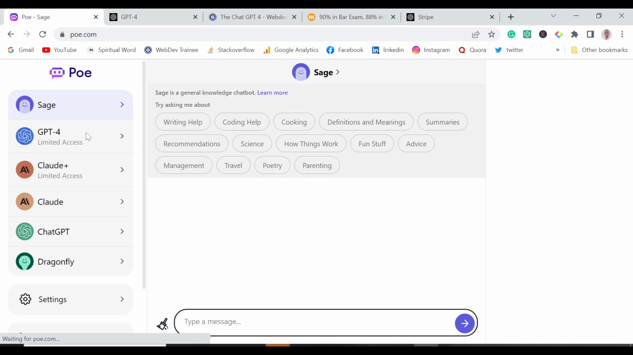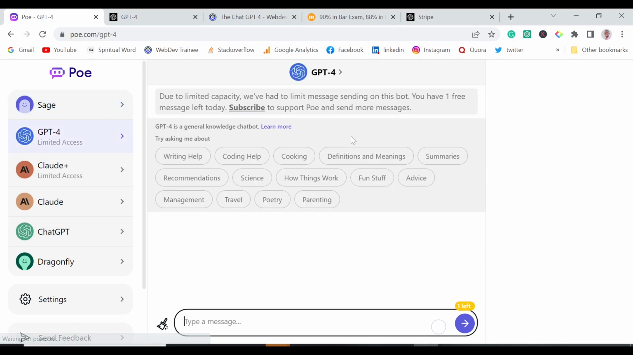Okay, so now this is the website. We can see here we have ChatGPT 4, we have Claude Plus, I think this is from Google, and we also have ChatGPT, the earlier one. And of course, this one you can access even from their website. But ChatGPT 4 with this website,